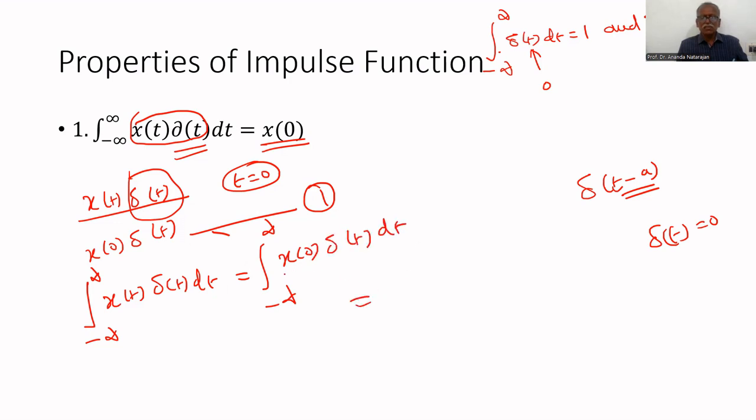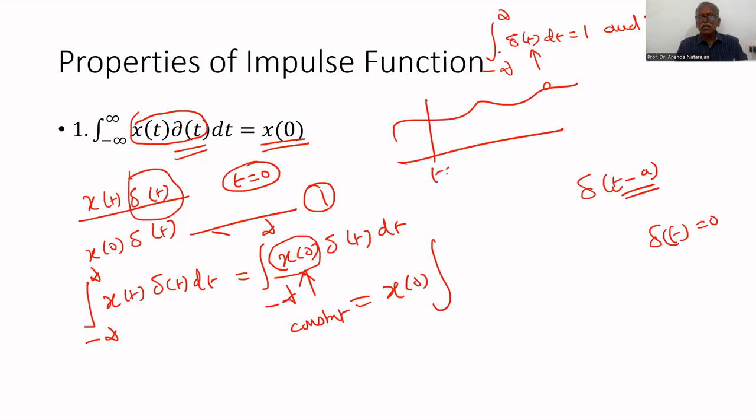That is equal to, x of 0 is a constant. The value of x at a particular time is a constant. That's why we can take that outside as a constant. Suppose I'm having a signal like this. At t equal to 0, what is the value of x? At this point, the value of x equals x of 0. So it is a constant. That value is constant. That's why we can write this integration as